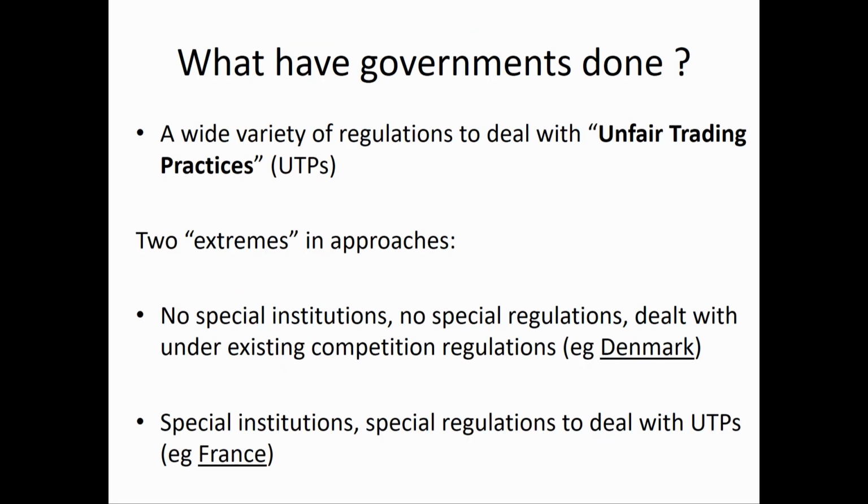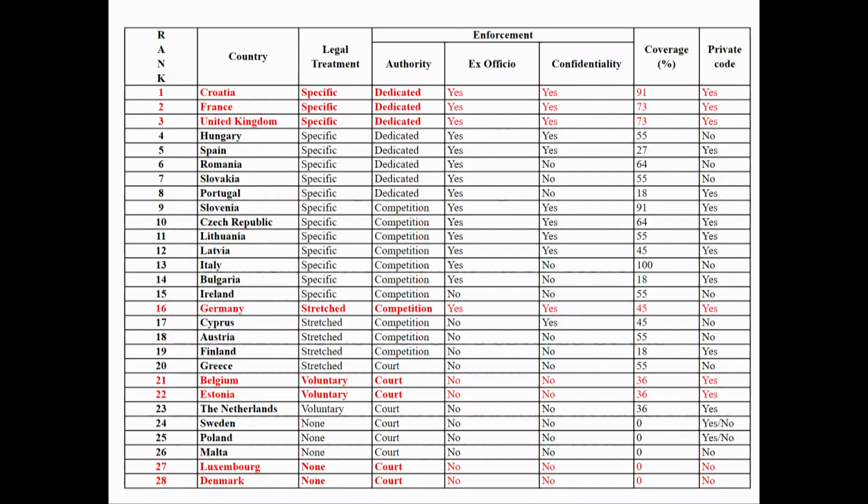Okay, so what have governments done? This is the last part. So essentially, for like 150 years, there have been different approaches of how to deal with these complaints of unfair trading practices. And so there have been 2 extremes, if you want. I've summarized them, but here is the list: we've basically made a list of all the 28 countries in the EU of how they have dealt with these claims for unfair trading practices. And so the top ones are the most restrictive ones, I mean, the countries which have intervened strongest, and the ones at the bottom which have not intervened.